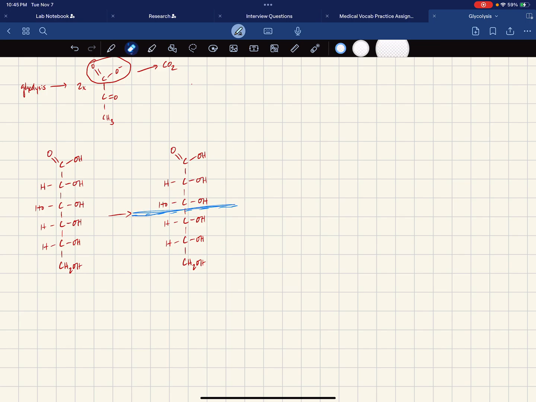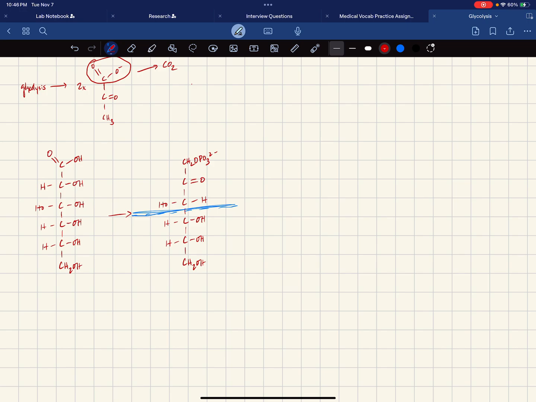Now what ends up happening here is that this, when we split it, is actually going to be, let me go back to red, CH2OPO3 2 minus. This will have changed into our carboxyl, and the carbons will change as a result,